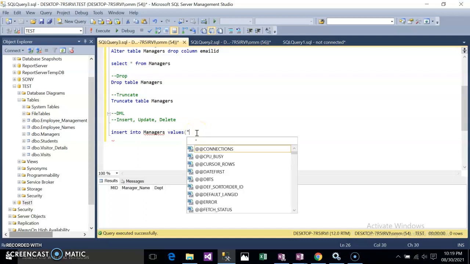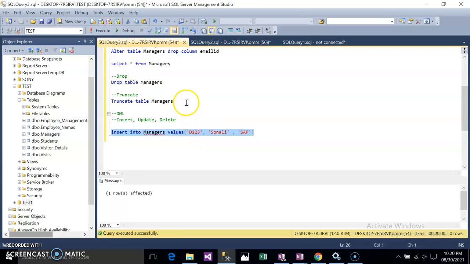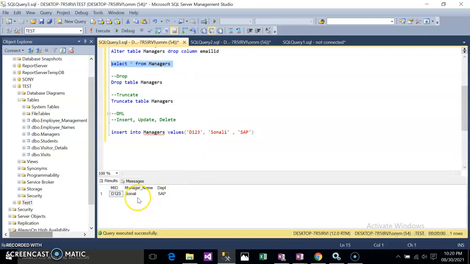So manager ID, let's say D123, Sonali, department, let's say SAP. Okay. So if I do this, one row is affected. Now if I want to see what is the inserted row, so this is the inserted row.